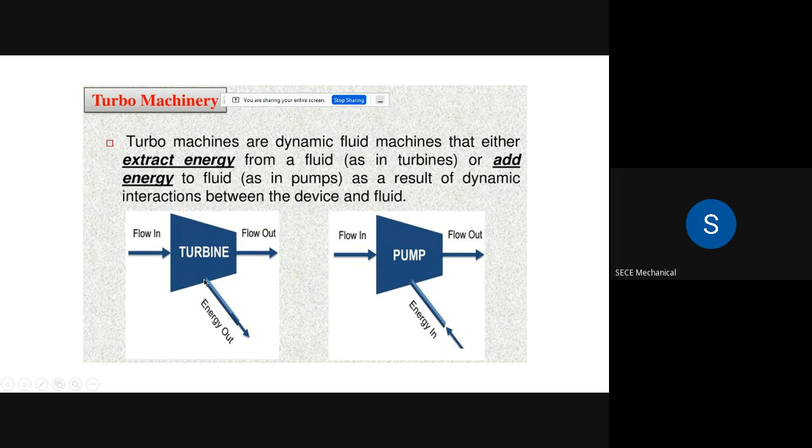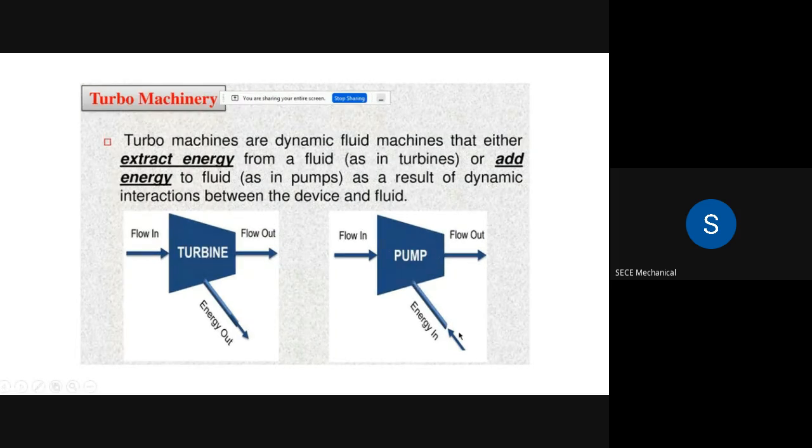So in the turbine process, energy is extracted. Now when the same happens in a pump, the fluid flows into the pump or the system, right? When it goes into the system, if we are giving some additional energy, for example some sort of electrical power, right?